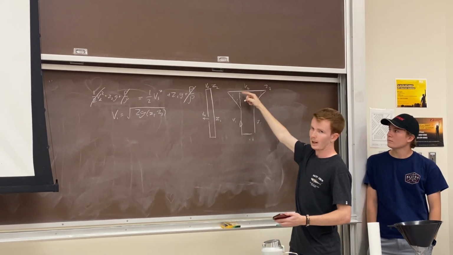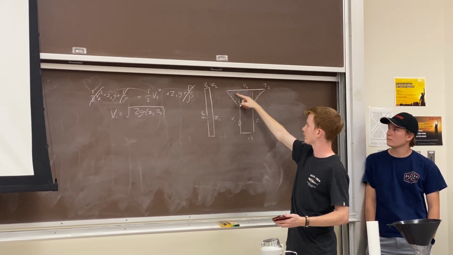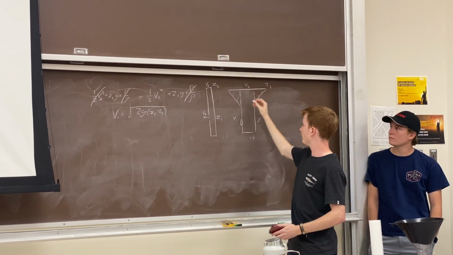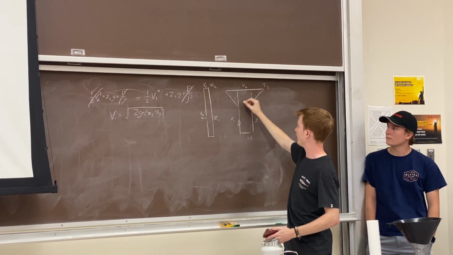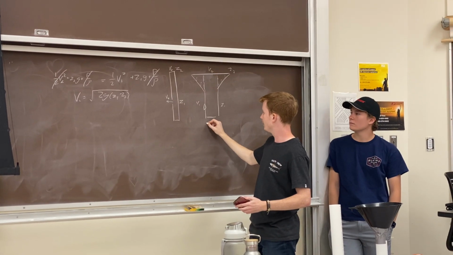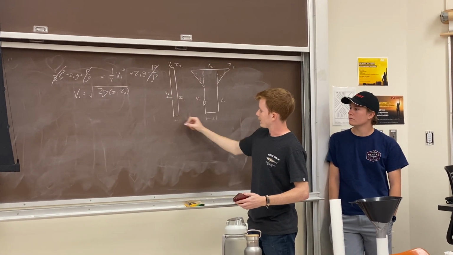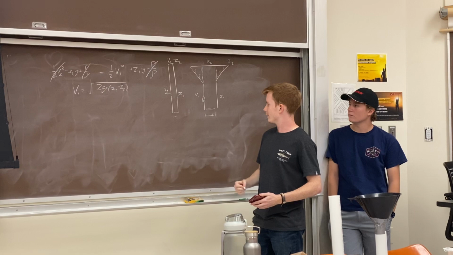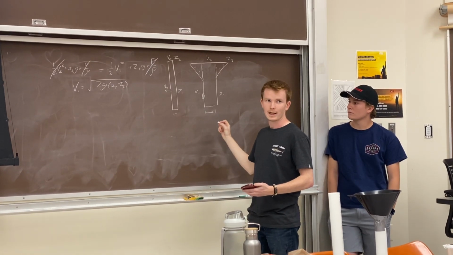So that force due to the pressure on the funnel is going to be negated. All that matters is this invisible line here for the pipe. So as long as they both have the same diameter,